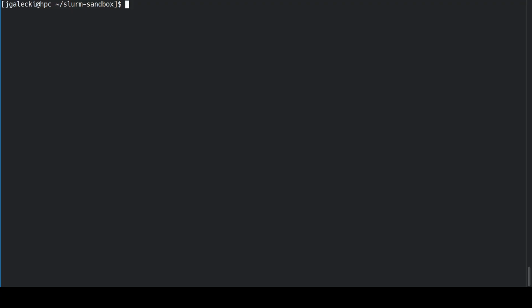We'll start with an interactive session. To run an interactive session, you will need to call srun with the pty option and pass the shell as the command which you would like to execute. Here, you can see that I am launching bash and I am passing my account name and the partition which I would like to run my job on. If I now press enter,